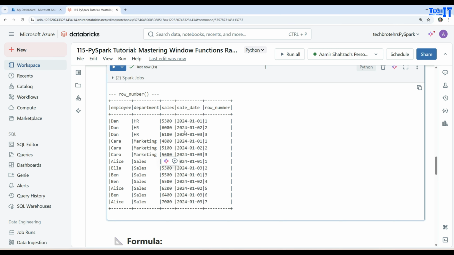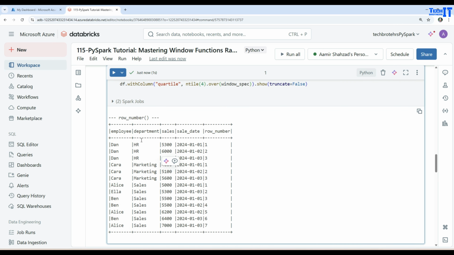So here it is. You can see that we have partition by department, remember. So we have group by this department. So HR records are all together now, and now we have an order by sale. You can see 5300 and 6000 and 6100. So you can see these values, and now that